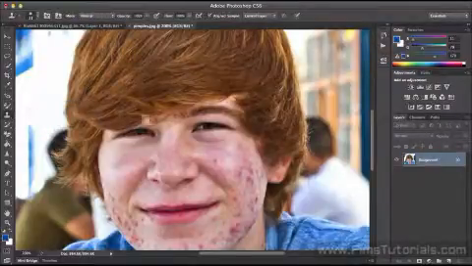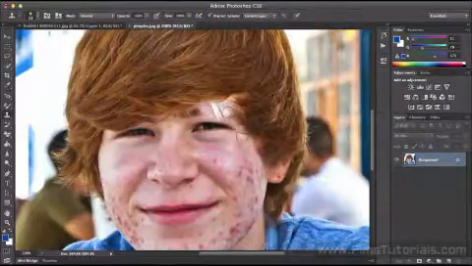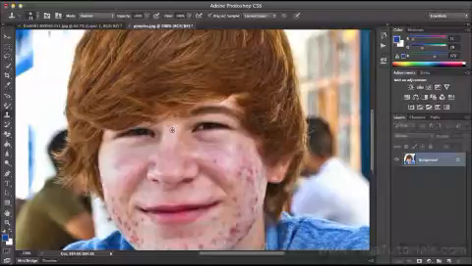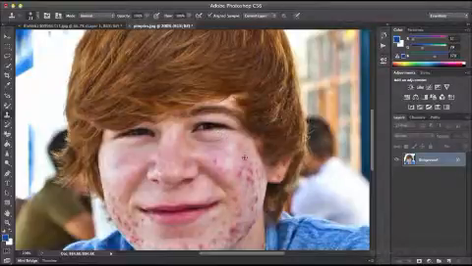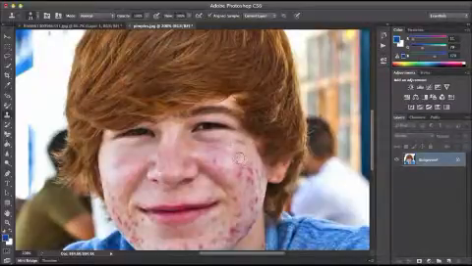The next one is the clone stamp tool. Pretty much this, if you click and drag around, it will paint whatever you have sampled. You have to hold down option again. When you hold down option and click, say you want to sample an empty area of the skin to remove these pimples, you would just click right here, and you can see it's sampled the skin color. And you would click over it, and this will sample out as close as